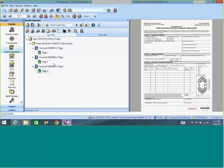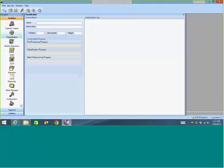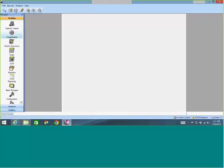So now that I've made sure that the structure of my fax documents is correct, let's move on and let the product do some magic here. In this example, this is a medical example of prior authorizations that are being sent for care. There's three different types. There's a traditional one, there's one that focuses on hearing, and then there's a dental